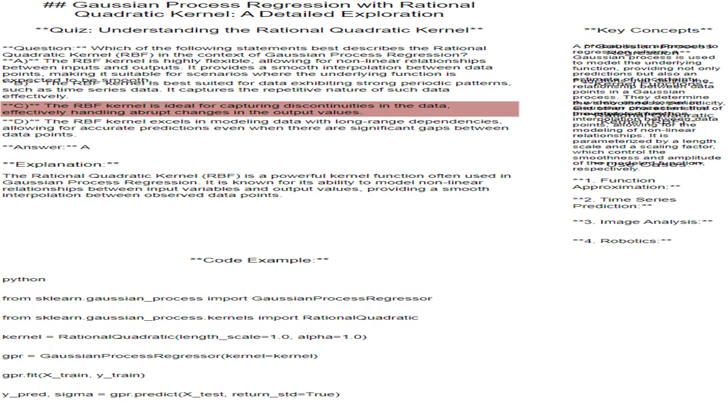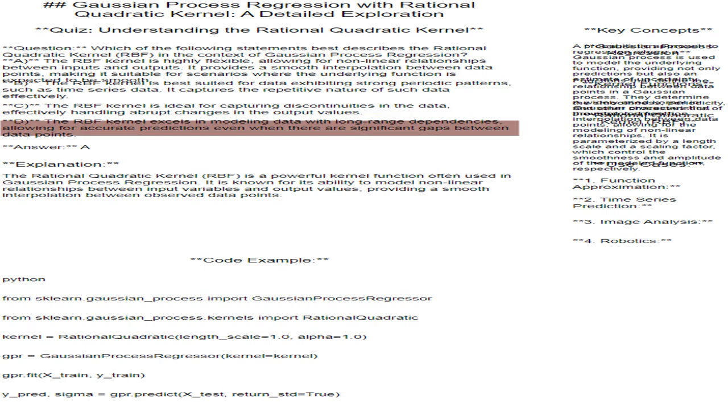The RBF kernel is ideal for capturing discontinuities in the data, effectively handling abrupt changes in the output values. False. The RBF kernel, due to its smooth nature, is not suitable for capturing discontinuities in data. Kernels like the Matern kernel with a low smoothness parameter or the linear kernel might be more appropriate for such situations. The RBF kernel excels in modeling data with long-range dependencies, allowing for accurate predictions even when there are significant